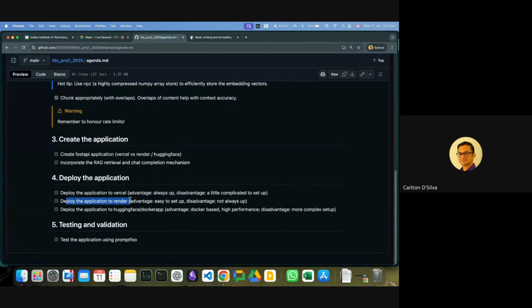Second method is using Render. Advantage, it's easy to set up. It's as if you're running it on your local machine. In somewhat of a similar way, you can upload it to Render. Very, very easy to set up. Almost no changes required. The main disadvantage of doing it on Render is after a few minutes, it goes into an inactive state. So what that means is when we or anyone sends a ping to the server, the first ping will kind of